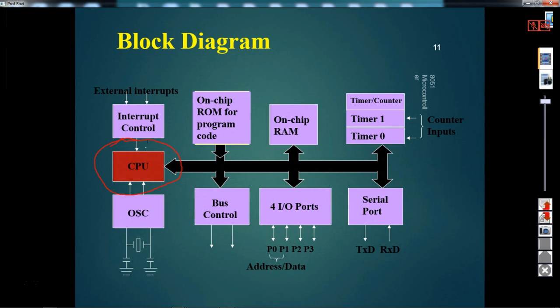And the clock can be generated by using an oscillator. The controller has an internal data bus on the chip itself, and on that data bus we can interface on-chip RAM and on-chip ROM, and then port pins. Generally all 8-bit microcontrollers have 4 ports,